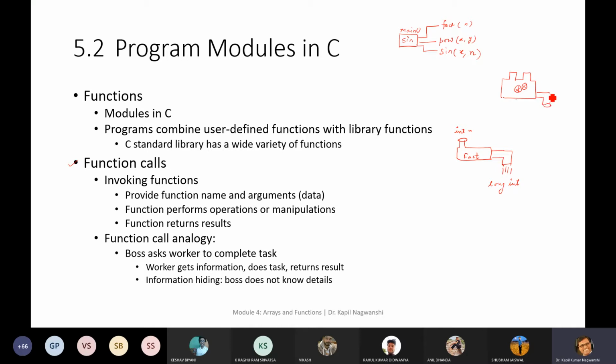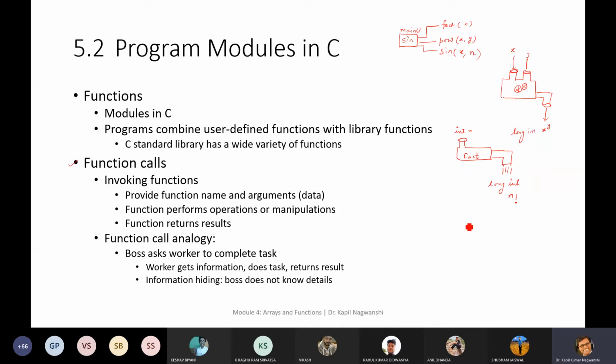This is a different kind of machine, and the values accepted by this machine are x and y. It will return x to the power y. And what kind of value is it? Long integer. So this is the way.